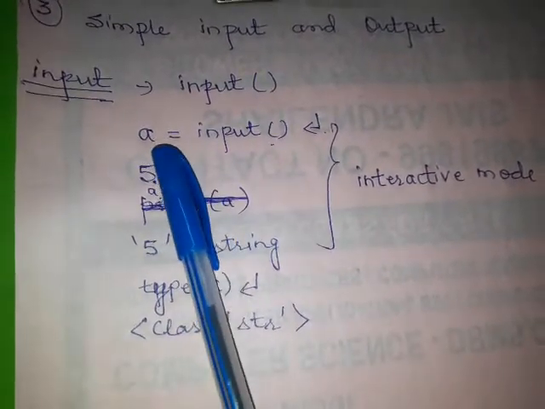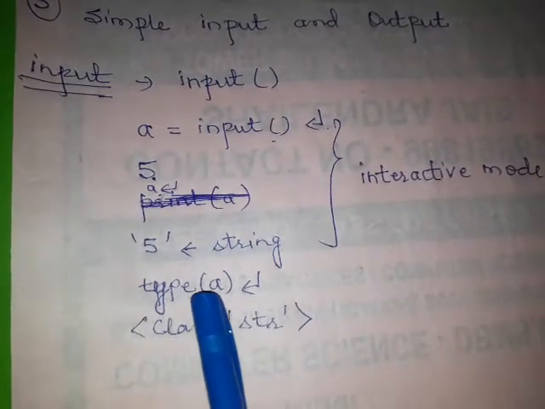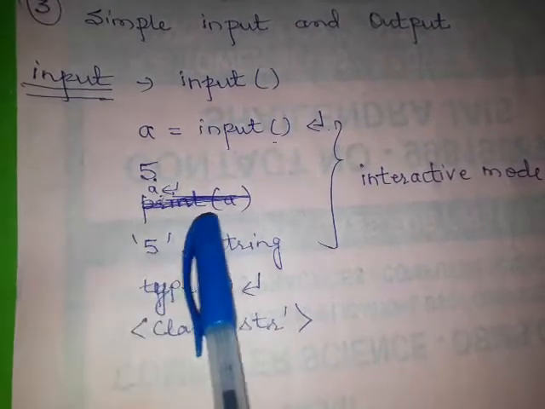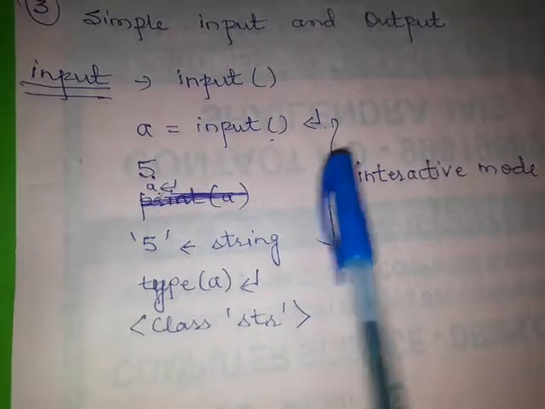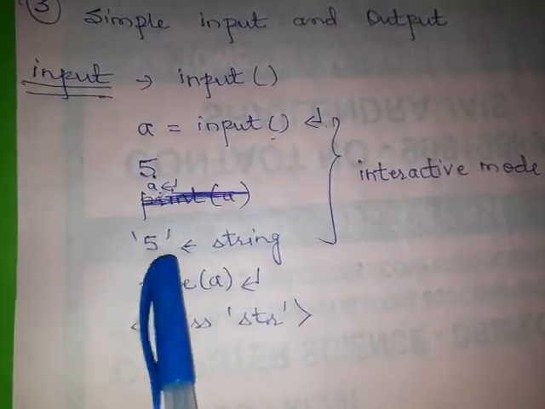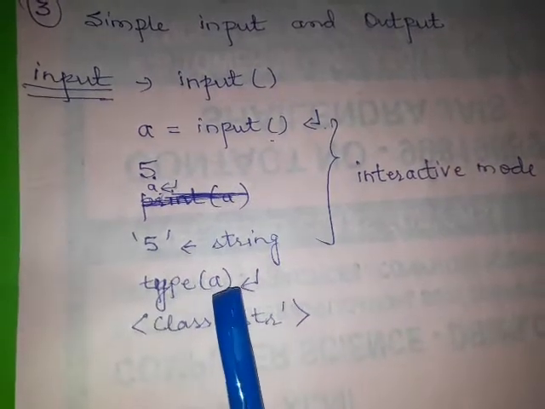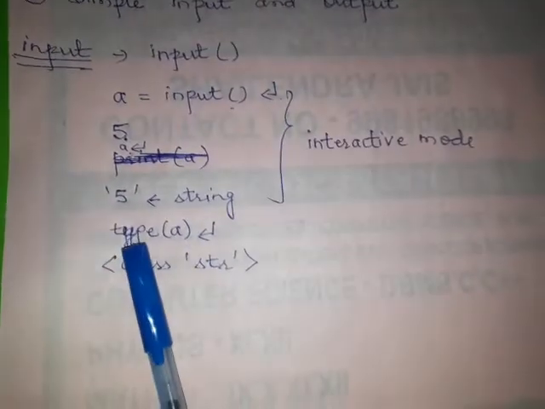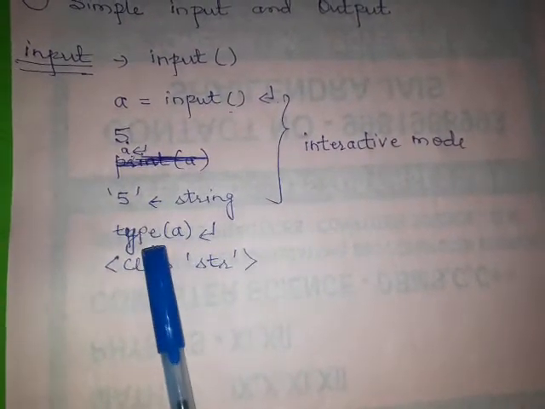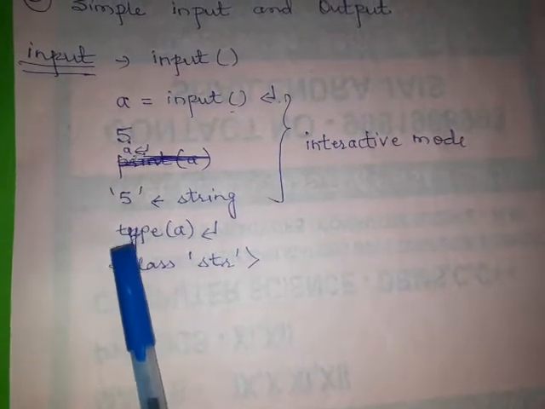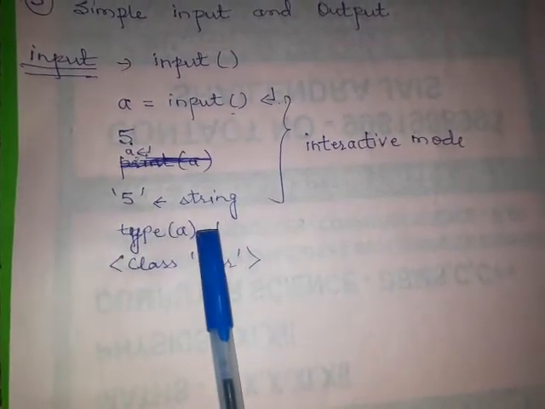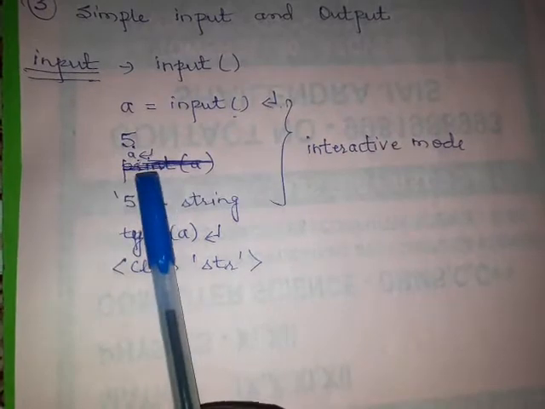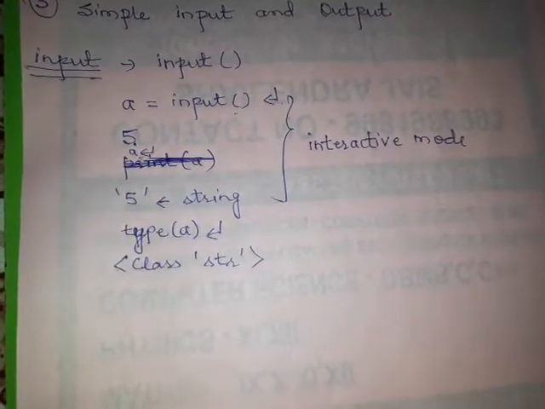When you check the type of the variable a, simply write type a, because in interactive mode there is no need to type print. That's why I discard print from here. When you type the variable, it simply returns the value of that variable. In script mode, when you have to show the value, you have to write print also. In our previous program I wrote print before type a.